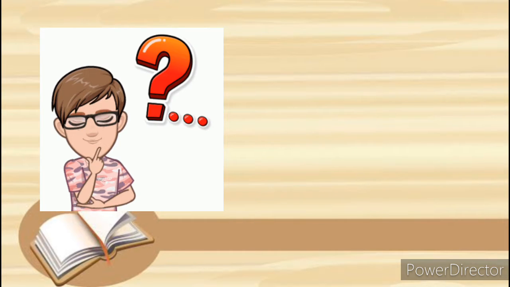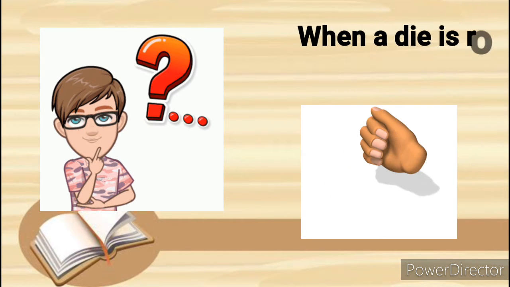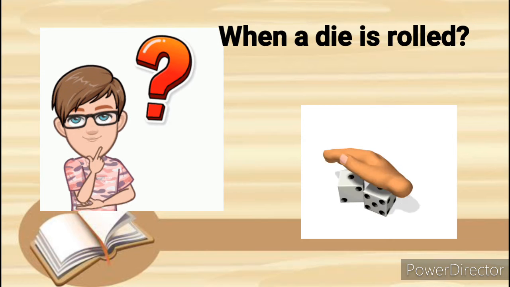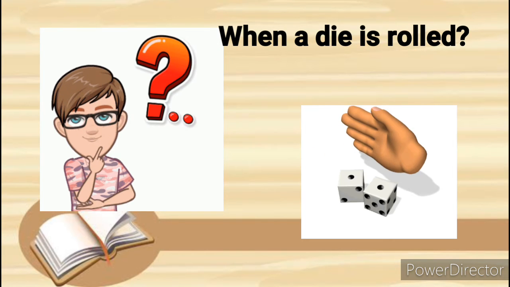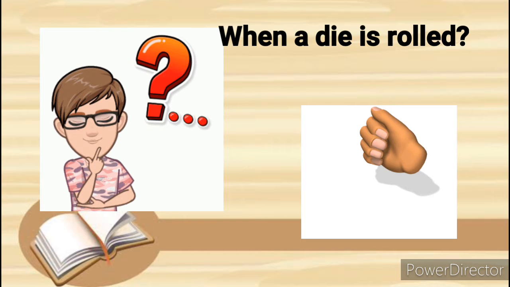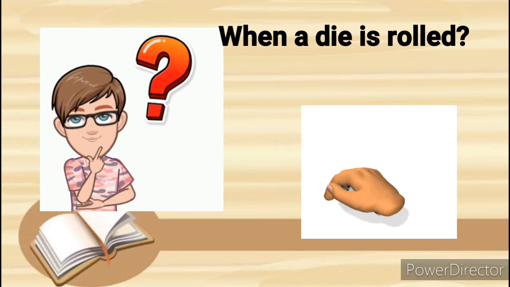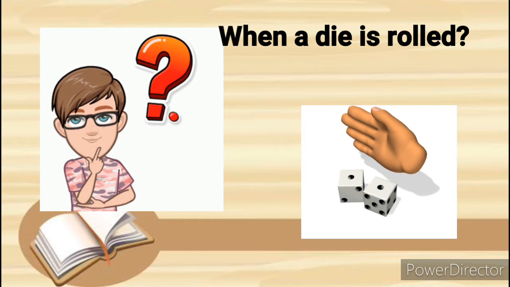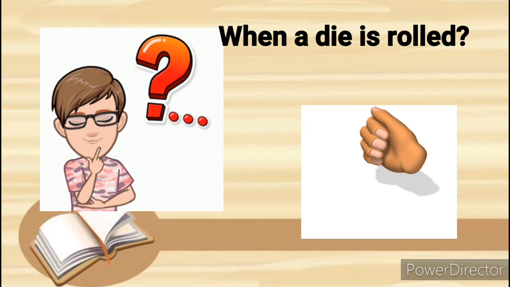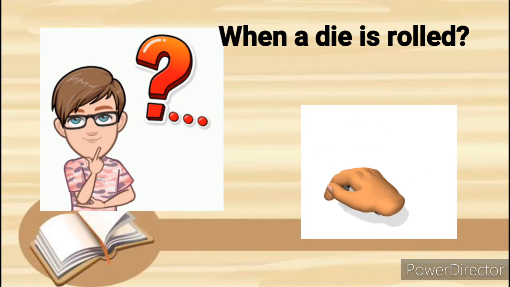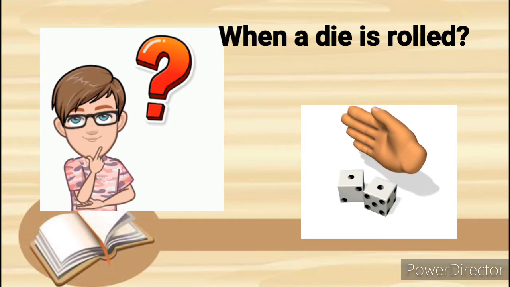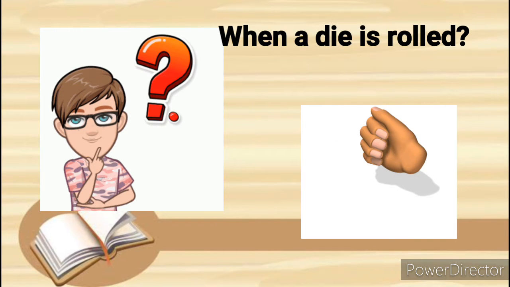But how would you compute the mean of the number of spots when a die is rolled? You could try rolling the die, say 10 times, recording the number of spots and finding the mean. However, this answer would only approximate the true mean. What about 50 rolls or 100 rolls? Actually, the more times the die is rolled, the better the approximation. How many times must the die be rolled to get the exact answer? It must be rolled an infinite number of times.